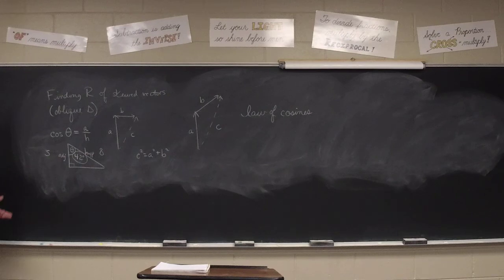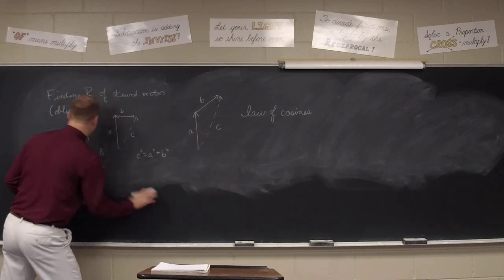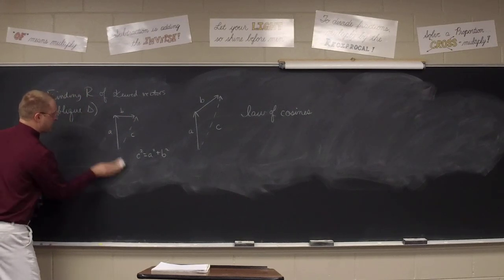0.743. Okay, so not bad at all there. Make sense? Okay. So here's the law of cosines, and it's going to look a lot like the Pythagorean theorem